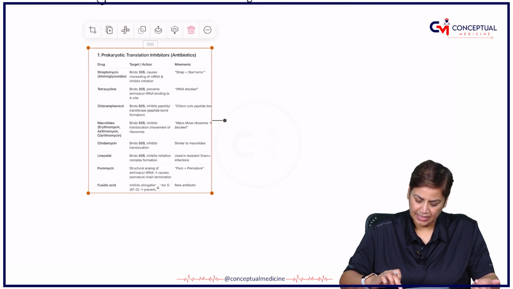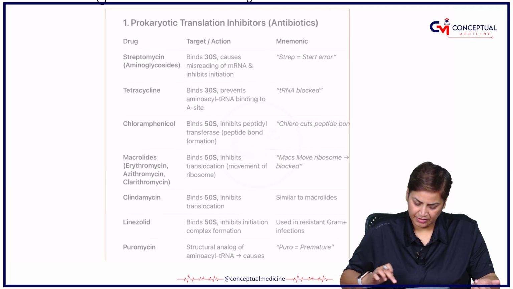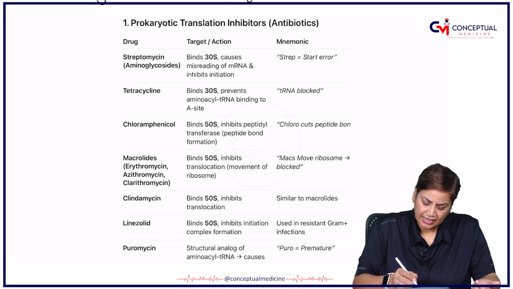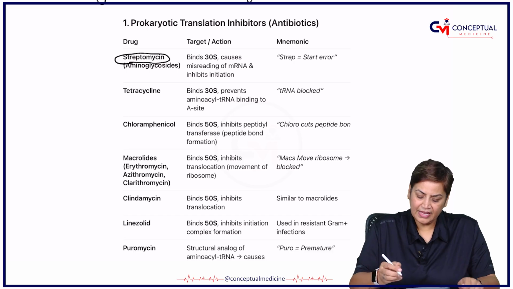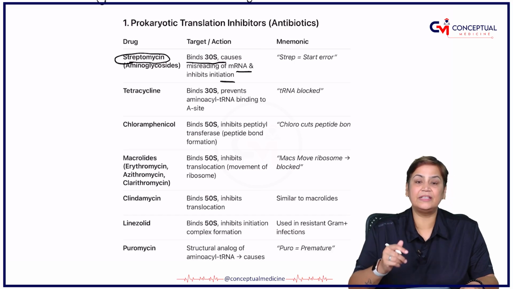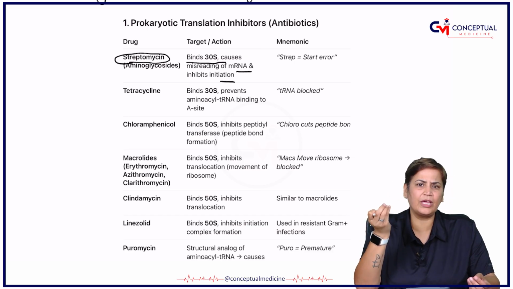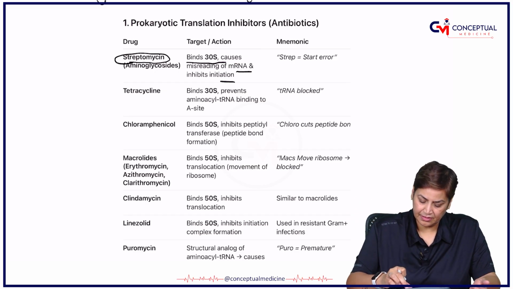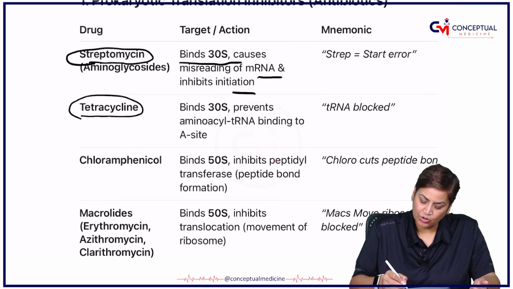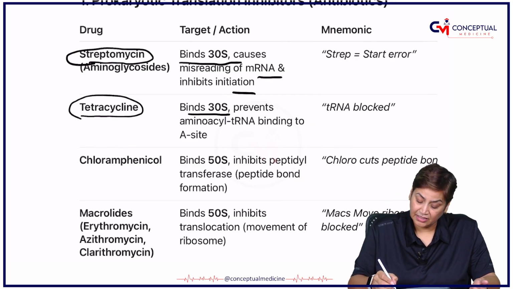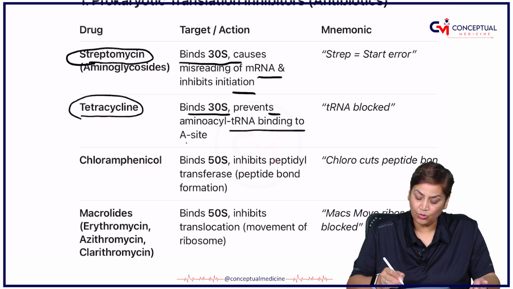prokaryotic inhibitors. Now see, the first drug, streptomycin, binds 30S, causing misreading of mRNA and inhibits the initiation process, because we know prokaryotes have 70S ribosomes and eukaryotes have 80S. So streptomycin binds 30S, right? Then tetracycline also binds 30S, but it prevents the aminoacyl-tRNA binding to the A site,